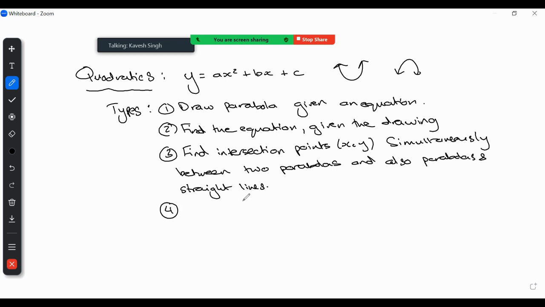So intersection points, find the equation given the drawing, parabola equation, and then there's also the concept of converting